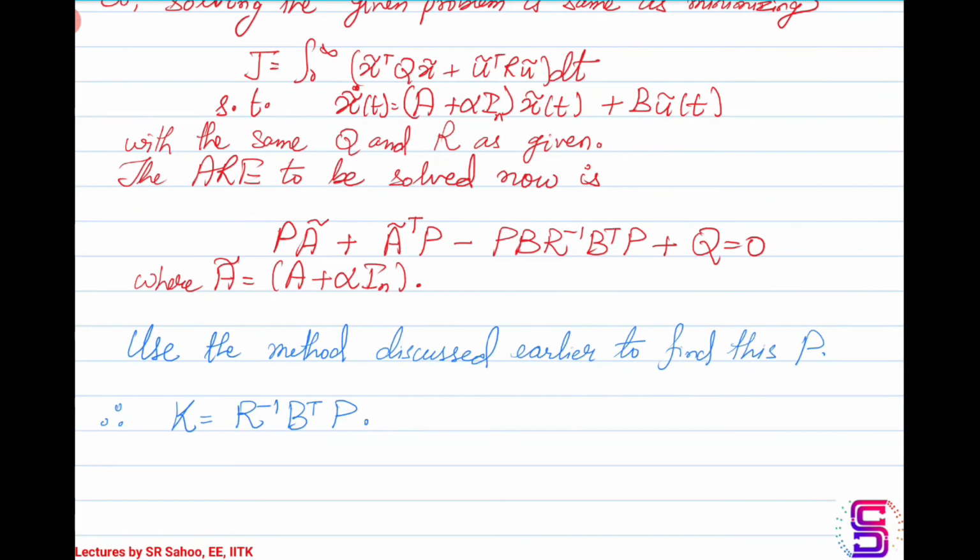Okay, so the K here is again R inverse B transpose P, and this is the same K that can be used to have the eigenvalues of A minus BK such that their real part is less than minus alpha. So I suggest that for the same LQR controller example that we'll discuss, you take alpha to be equal to 1 or 2 and solve the problem and see whether the value of K once received gives you what is desired or not. So we'll stop here. Thank you.